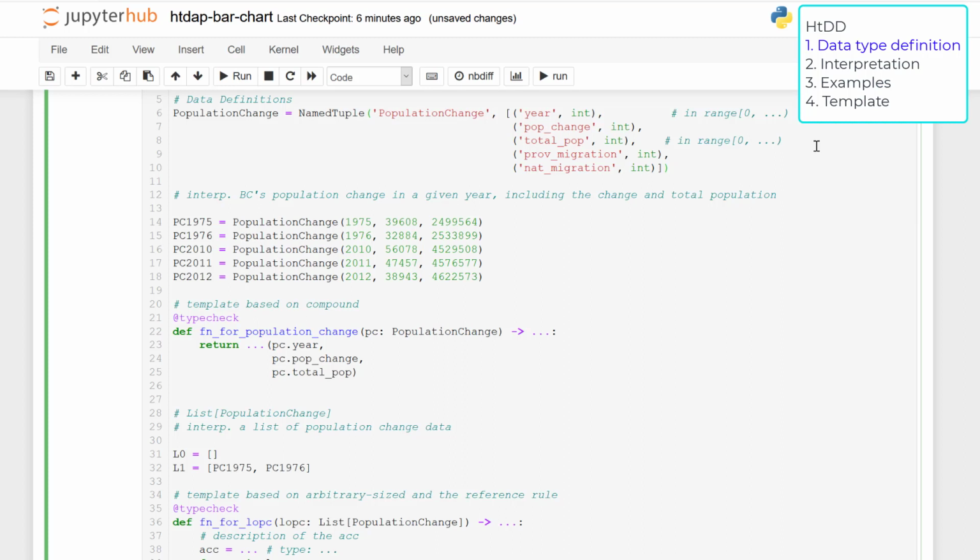We're counting individuals. We do not need to include ranges because it's possible for these numbers to be positive, which would be more people moving to BC than out of BC, or negative, more people moving out of BC than into BC. Next, we need to update the interpretation to include the interprovincial and international migration.